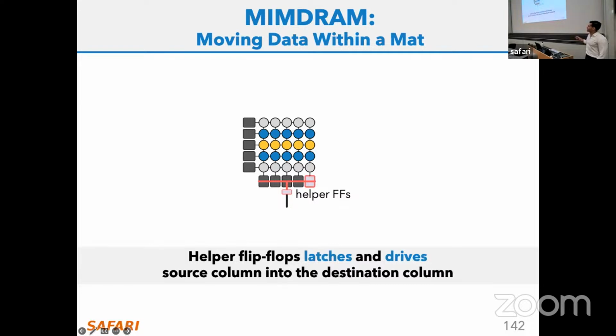And this is creating basically a path between this latch data in this helper flip-flop and the target local sense amplifier in the mat structure here. Another property that we have is that the driving strength of this helper flip-flop by design is higher than the driving strength of this local sense amplifier. So this allows us to copy the data from this helper flip-flop to the local sense amplifier by just changing the column address.